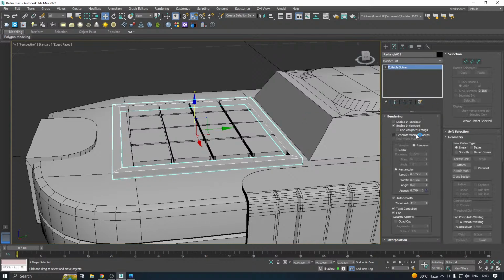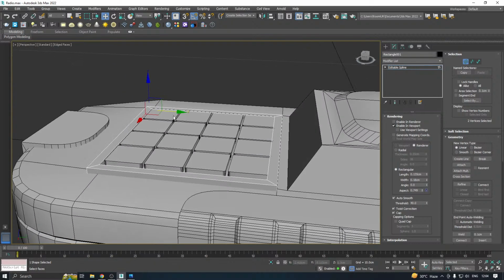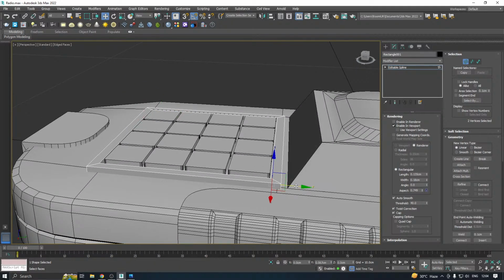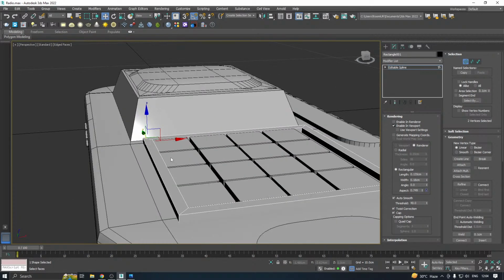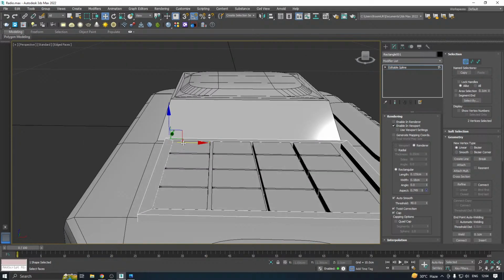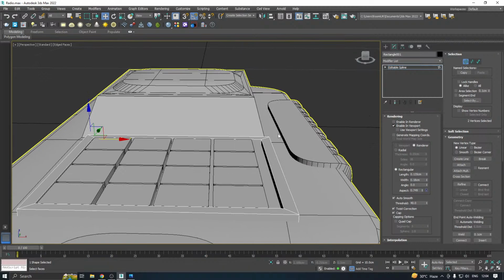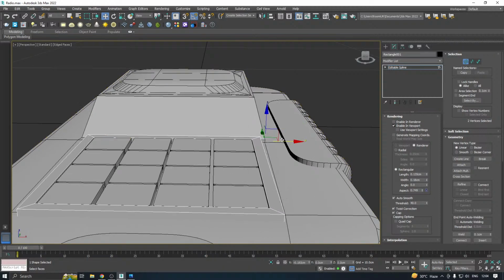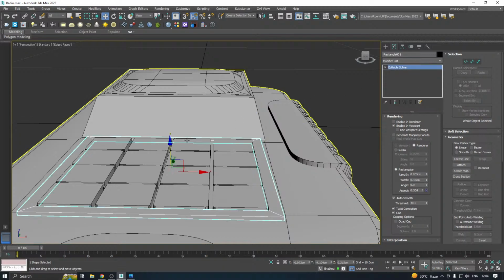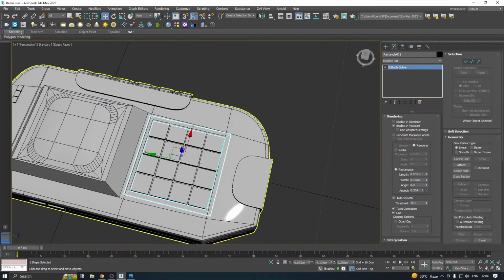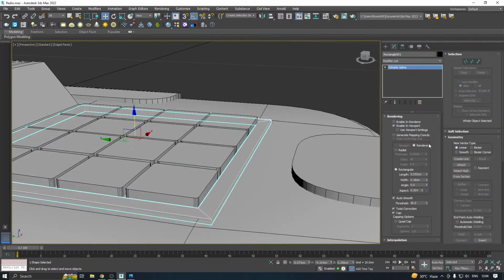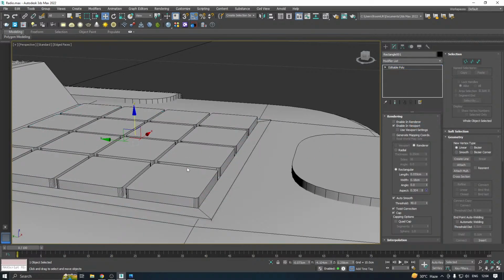Convert to editable spline. So wait, we need to increase the height. Anyway, I'm gonna just convert this to a poly